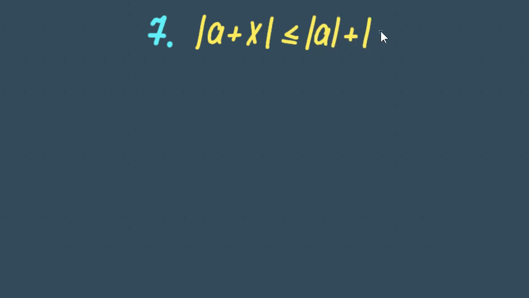And the last property. The module of the sum of two numbers is always less than or equal to the sum of the modules of these numbers. Consider the most difficult case, when one number is negative and the other is positive. Then in the left part,